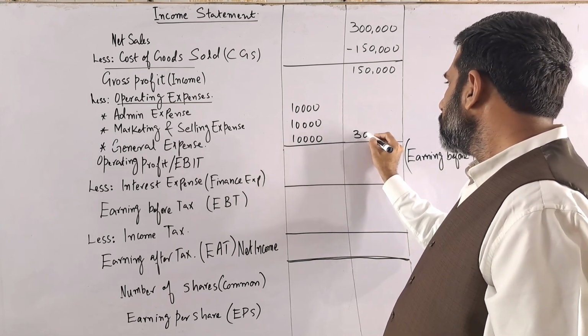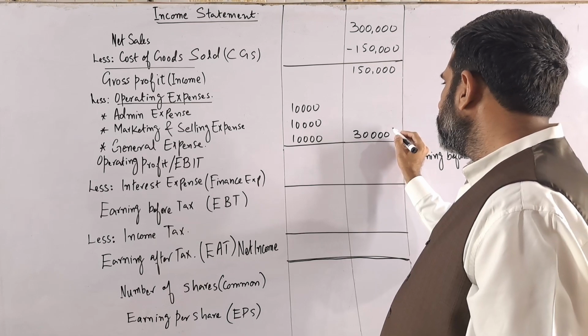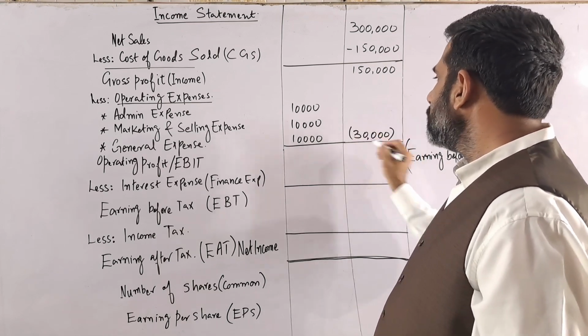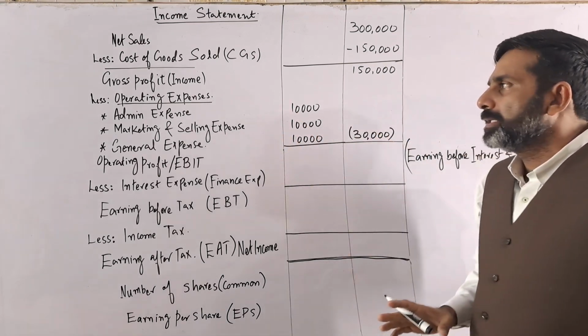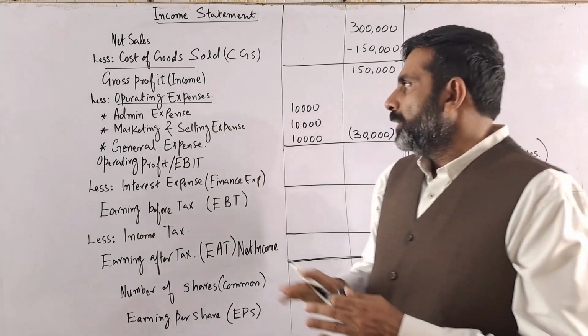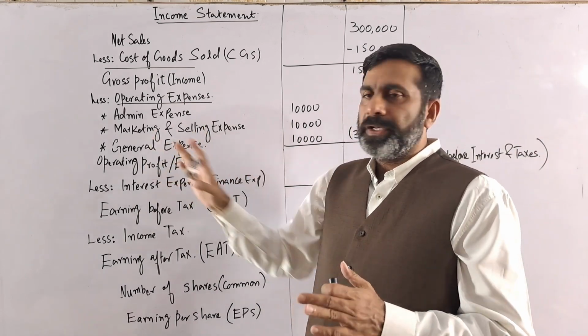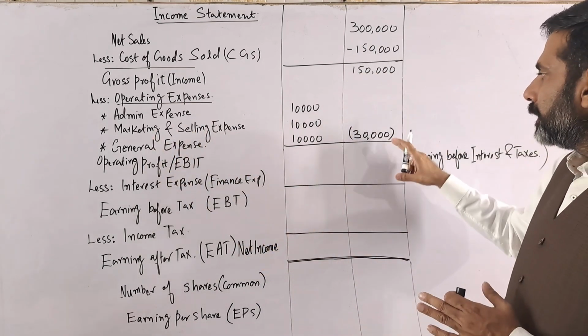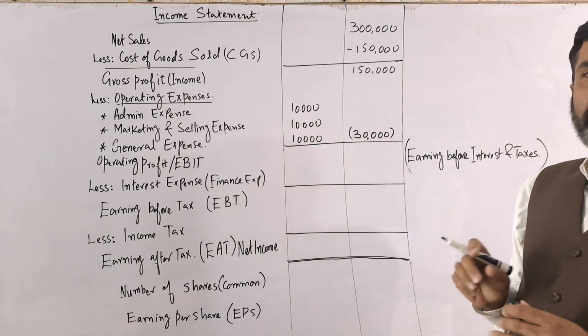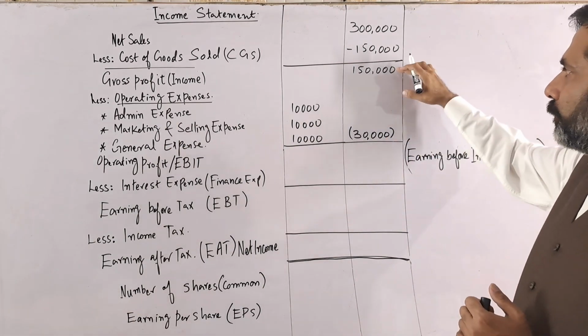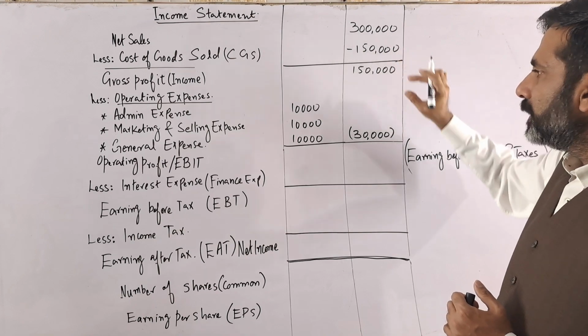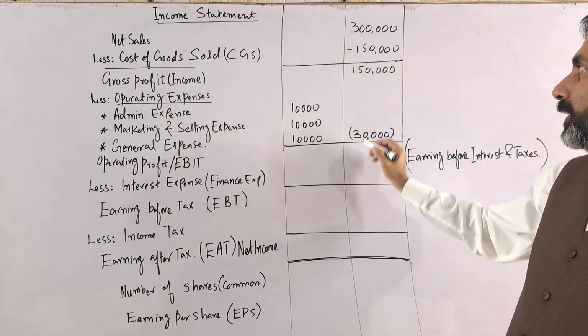So the total is 30,000, which includes the admin, marketing, selling and general expenses. Now from the gross profit, if we subtract that,